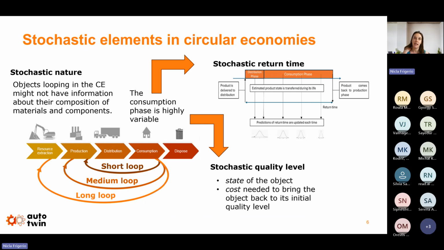This can be the state of the object. For example, in the printer that was presented before, the usage may impact the state of the component when it comes back. And also, we need to consider the cost of bringing the object back, as we have seen in the aerospace example, when different repair was needed. So the costs are also different.